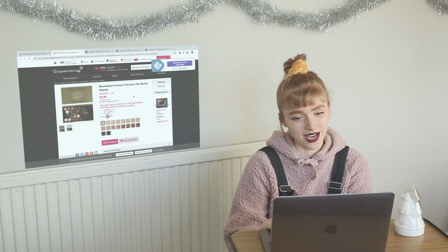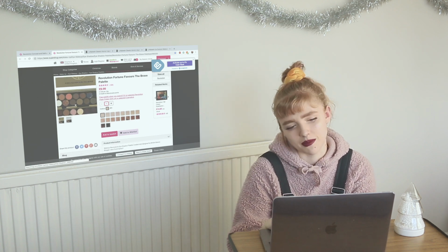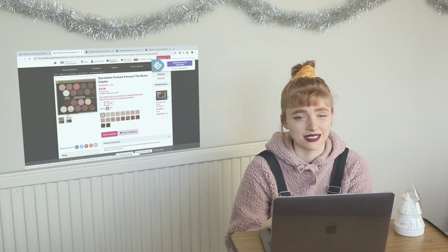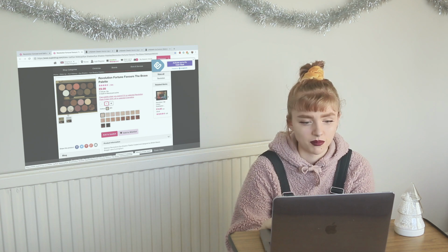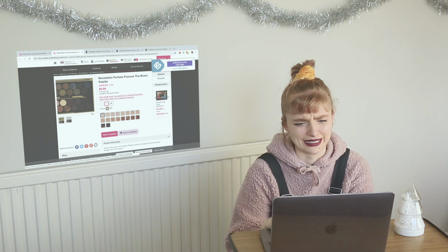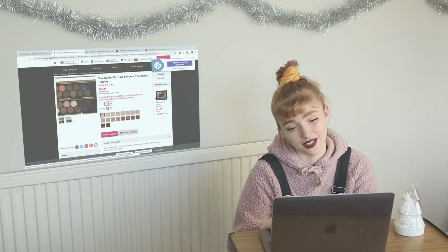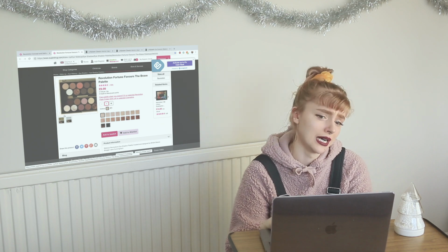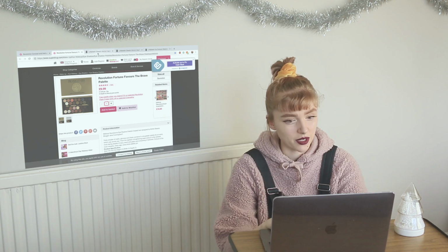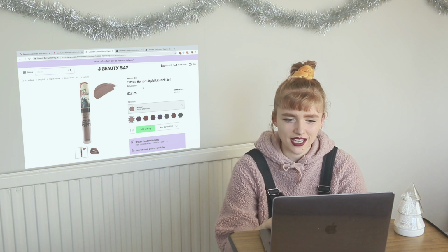Also from Revolution, I've got this Revolution Fortune Favours the Bold palette, which, I mean, just look at these colours. Oh, I don't need another makeup palette, don't need more eyeshadow, but I just can't resist this palette. Look how beautiful it is. I don't think it's a new palette by any means, but I just love it and I would love to have it in my collection. What's going on here? Why has it got all these concealer shades? There we go. Okay, those are both from Superdrug, but moving on to Beauty Bay,